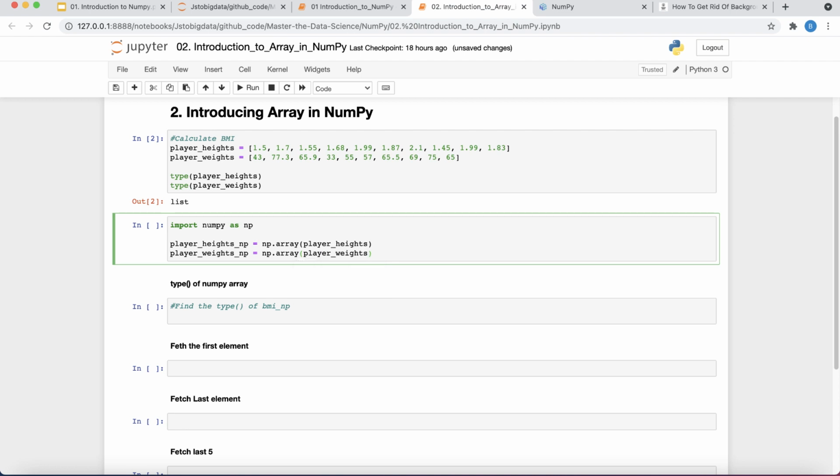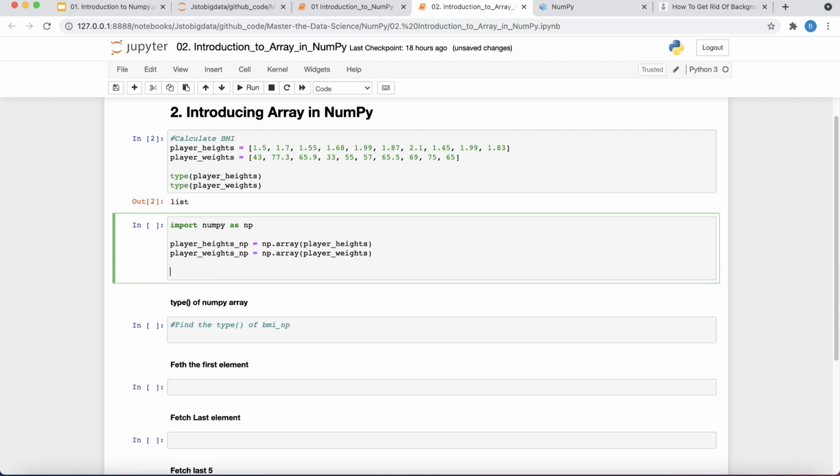So you can see that I have two NumPy arrays, which we already visited in the previous video, nothing new.